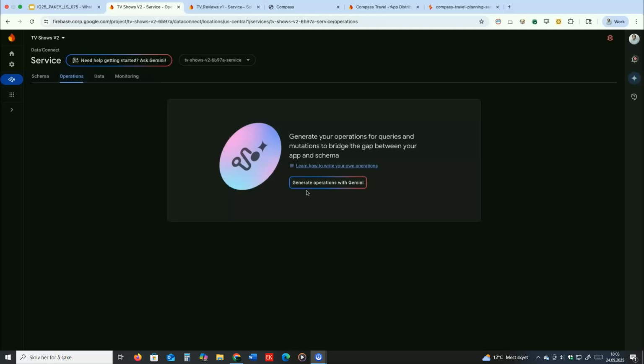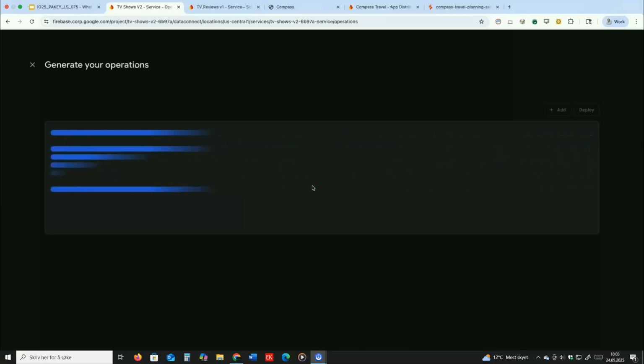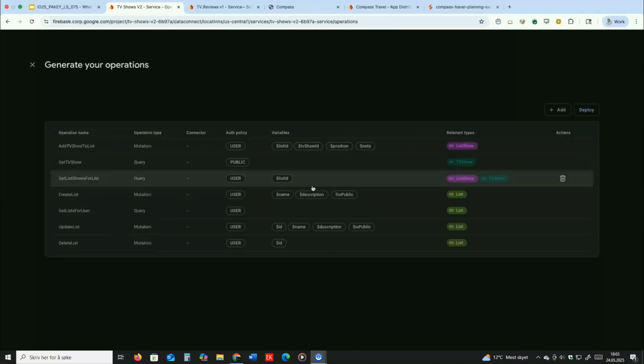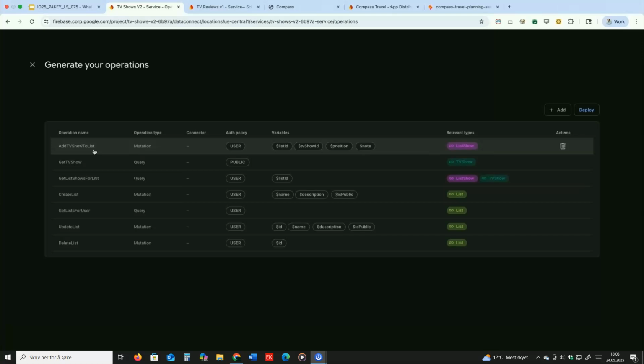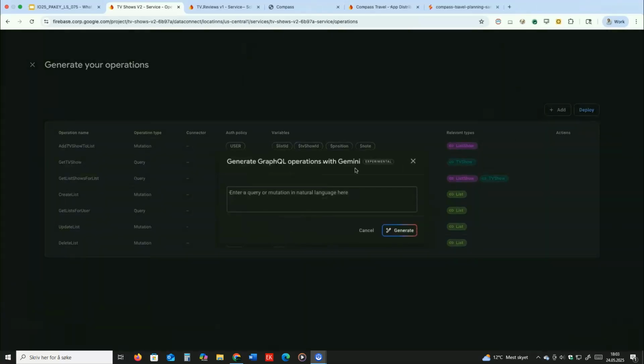If I go to operations, I can also use Gemini and our agent to generate those operations. So I click a button, and Gemini will automatically understand the context of the application, understand the schema, and suggest some of them. For example, add the TV show to the list, get the TV show, create a list, update the list. So let's say I want to create a new one. So I create that. Using natural language I can define the operation I want. So for example, give me